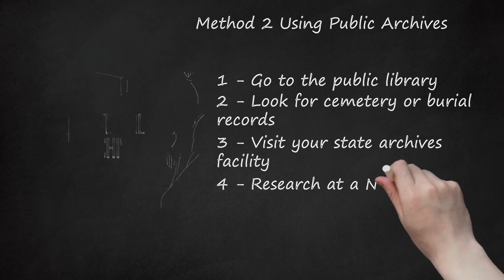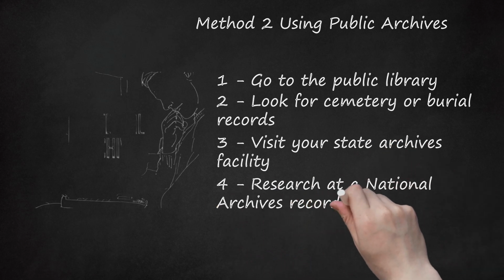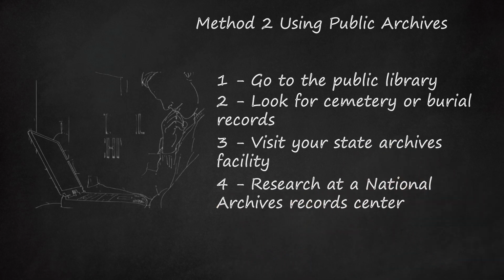4. Research at a National Archives Records Center. The National Archives has a network of research facilities across the country that have federal records and other resources available. For example, Ancestry.com and other such services are available free of charge on computers at archives facilities. You may be able to find records on those services that you wouldn't otherwise be able to access without paying